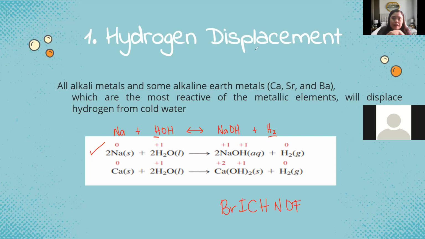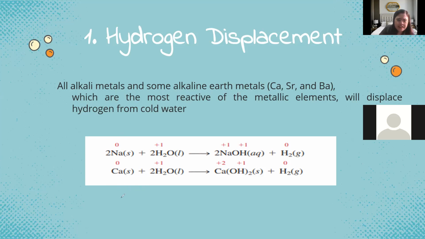So please, I hope you have your index cards now for the activity series of metal. Just use the one na lithium yung number 1 in the list because lithium is considered the most reactive among our metals. Now, for the example number 2, you have there another reactive, more reactive metal, the calcium. If you place it in water, calcium will replace 1 hydrogen. So pag na-replace niya si 1 hydrogen,